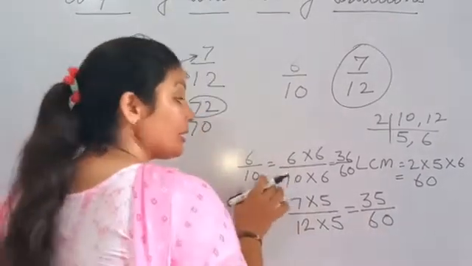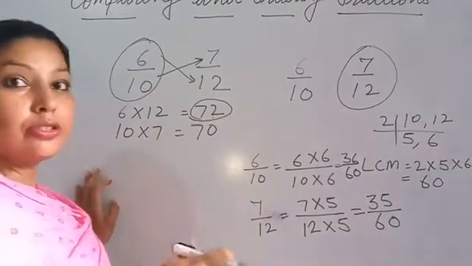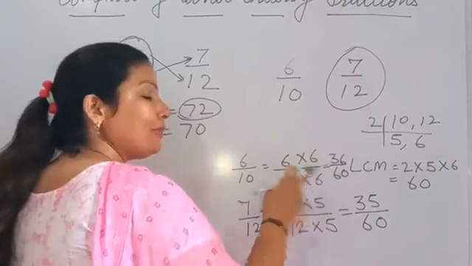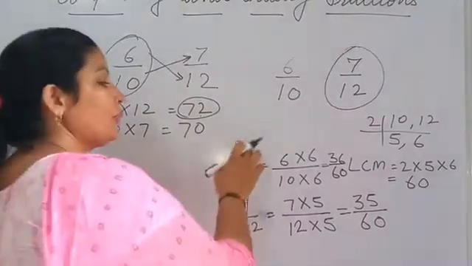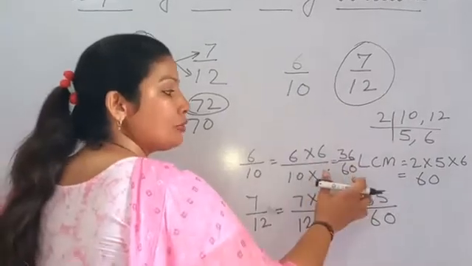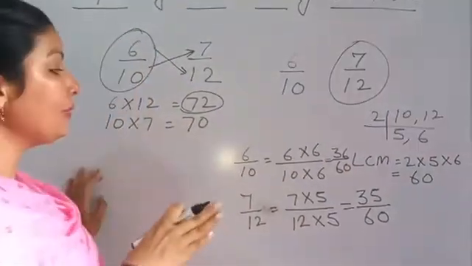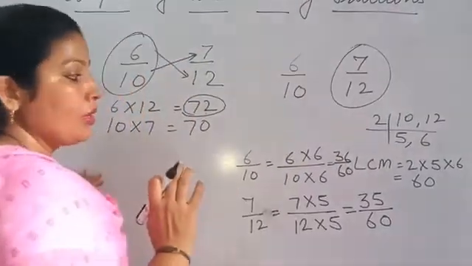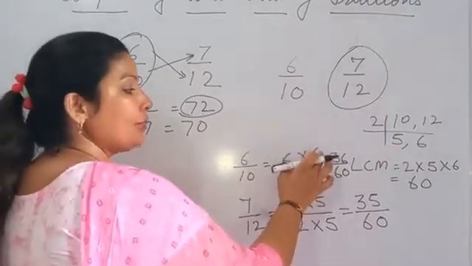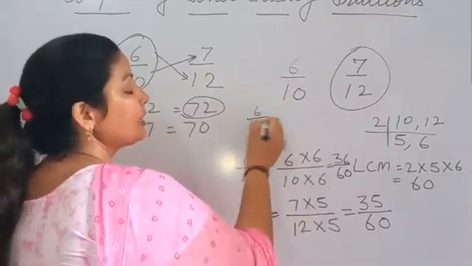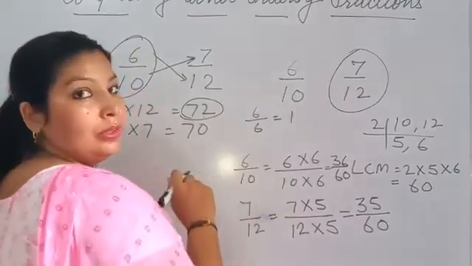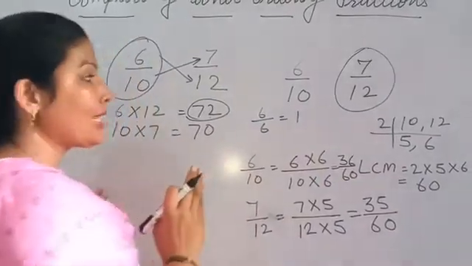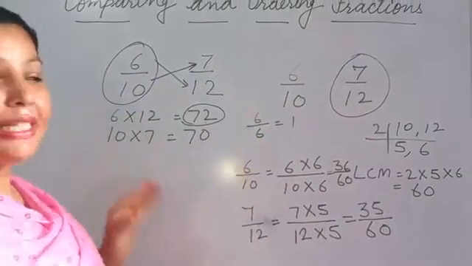These are the equivalent fractions that you also studied in class 4. We write these whenever numerator and denominator are multiplied by the same number. So there is no effect on the fraction. The value should be the same. सिर्फ ये look wise change हो गए हमारे, but the value is same. इनकी value जो है वो 6 upon 10. इसका मतलब ये है कि 6 upon 10. The value is same. Okay, only the look is different, because 6 upon 6, whenever numerator and denominator are the same, that equals 1. So whenever we multiply any number by 1, we get the number itself. So the fraction सिर्फ look में change हुआ है, otherwise the meaning is same.